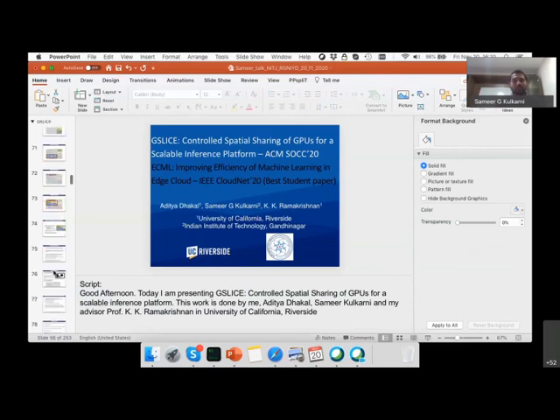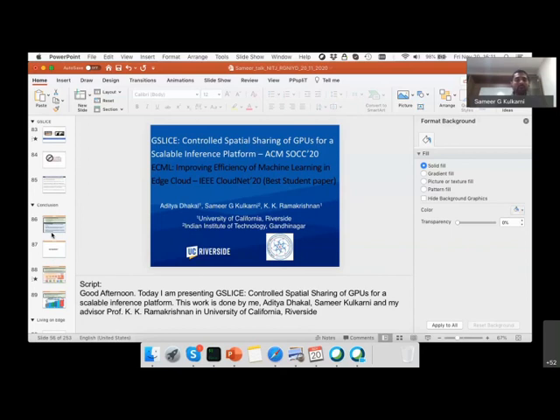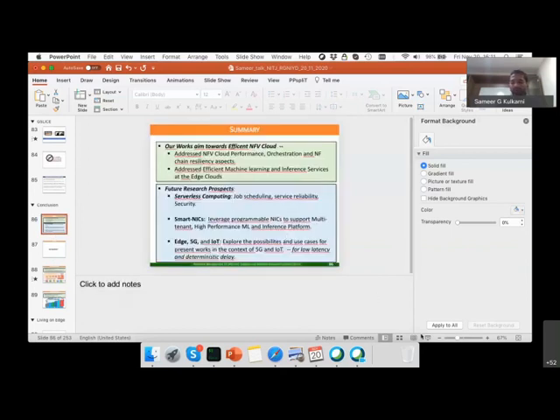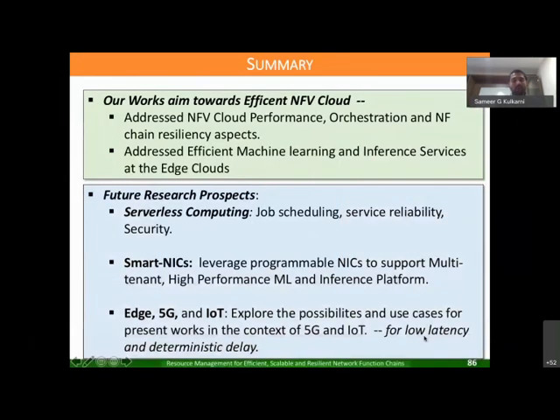I'll not get into any of these details yet, but interested folks can go over and see how things are. To quickly summarize our work and the way we are proceeding, I tried to address NFV cloud performance, orchestration, and resiliency aspects.